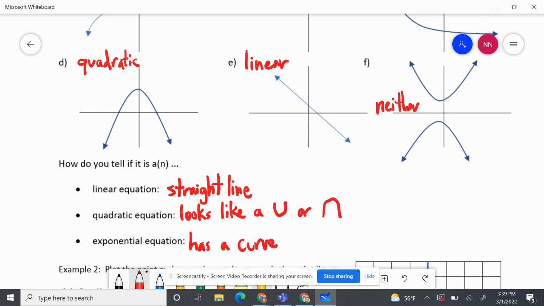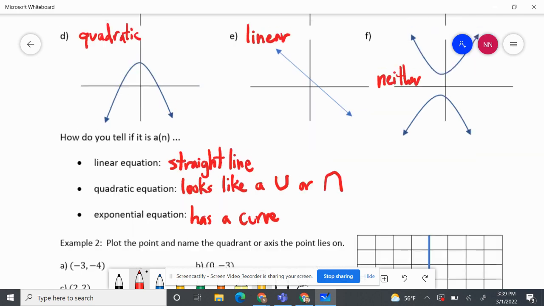Now there may be other ways of you looking at it and deciding, this really helps me determine if it's linear, quadratic, or exponential. These are not my answers. These should be yours, helping you to decide what helps you determine if it's a linear, a quadratic, or an